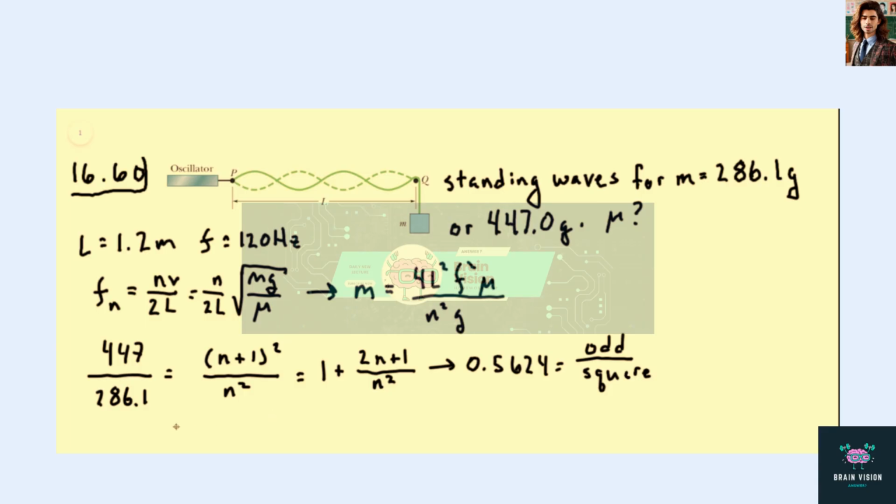So what we can do is multiply this number by 1, 4, 9, 16, etc. until we get one that's